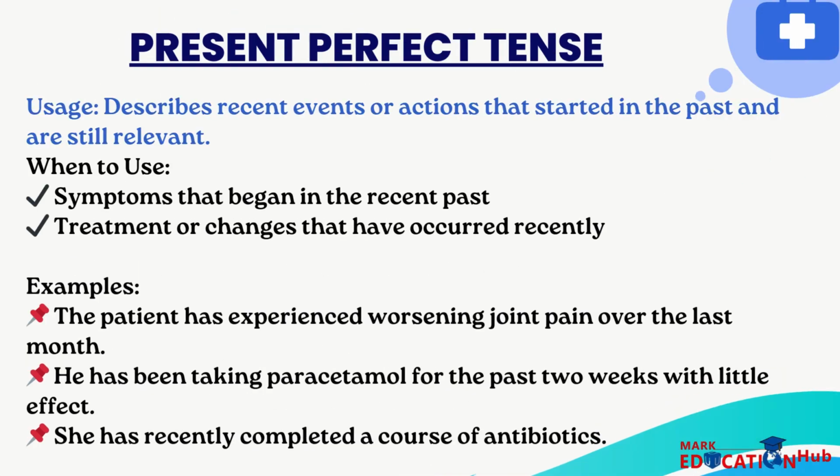The present perfect tense is used in OET writing to describe recent events or changes that started in the past and are still relevant to the patient's current condition. It helps link past actions to the present, giving the reader important context. For example, "The patient has experienced worsening joint pain over the last month," shows a symptom that's ongoing, while "He has been taking paracetamol for the past 2 weeks," highlights a treatment that's still in effect. This tense is useful when you need to show progress, response to treatment, or developments that impact the current clinical